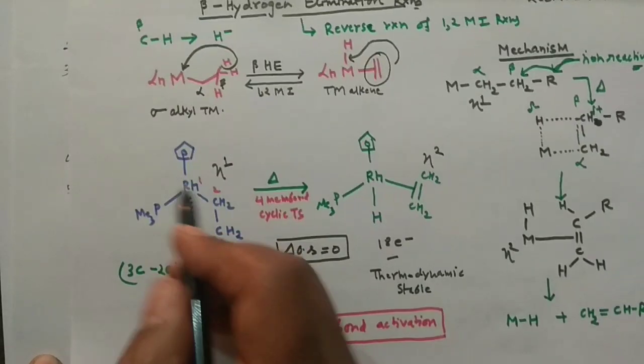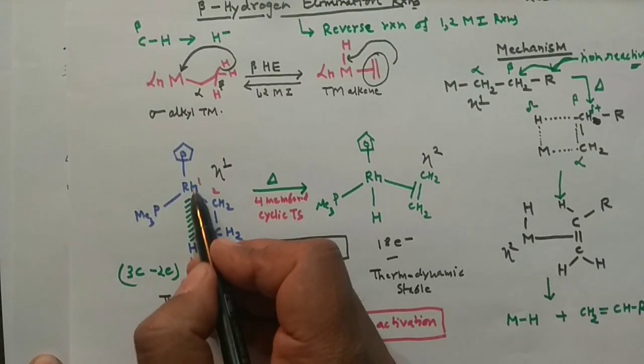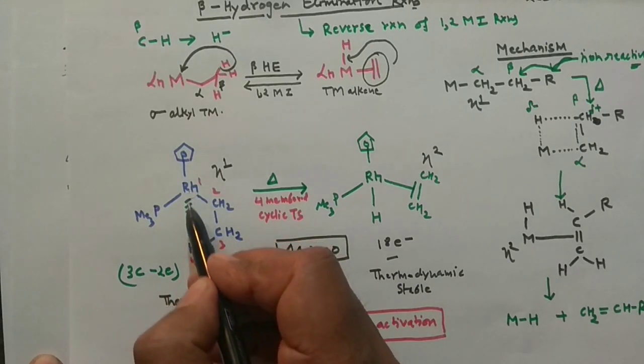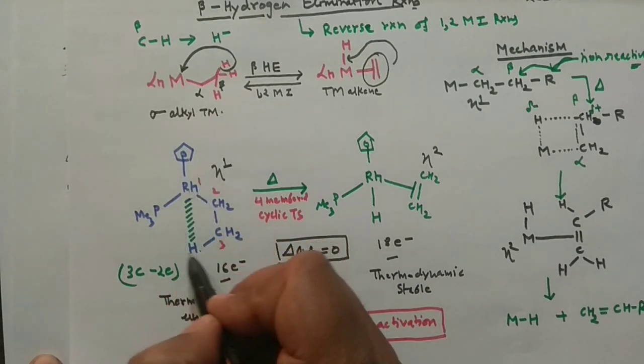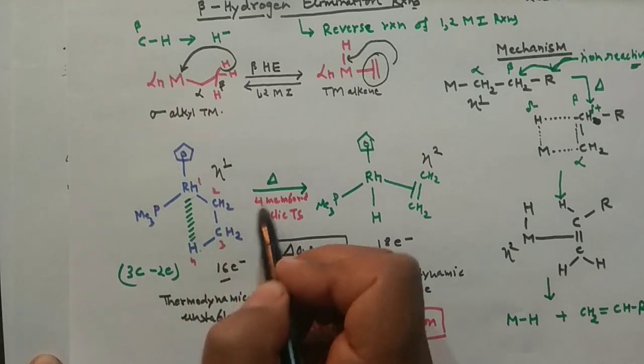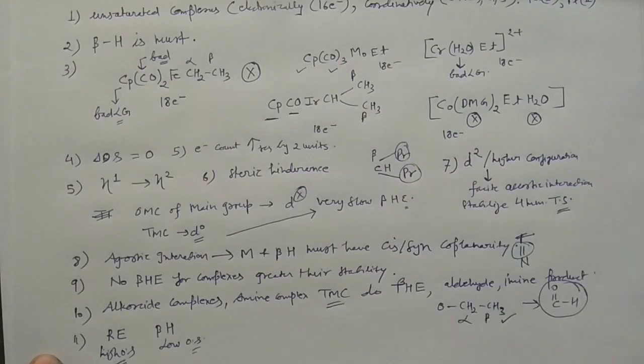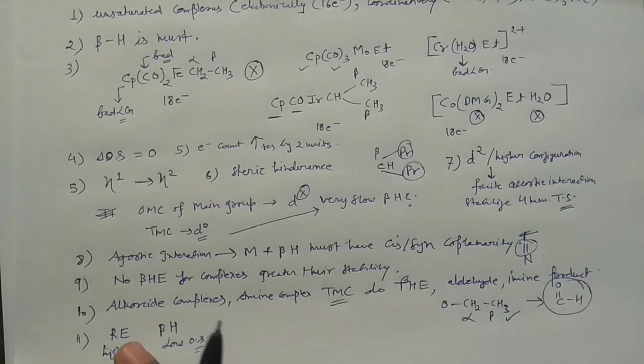Say if it is in low oxidation state, that means it will have the d electrons, and these d electrons would be involved in the agostic interaction, and the reaction would occur because it will still stabilize the four-membered transition state, right? And if it is having the higher oxidation state, that means the d orbitals will not have those electrons, and agostic interaction would not be very, very facile. So high oxidation state will not prefer the beta hydride elimination reaction, but it will prefer the reductive elimination reaction. So this is something very, very important. The stereochemical environment I also told you, and all the things I also told you.